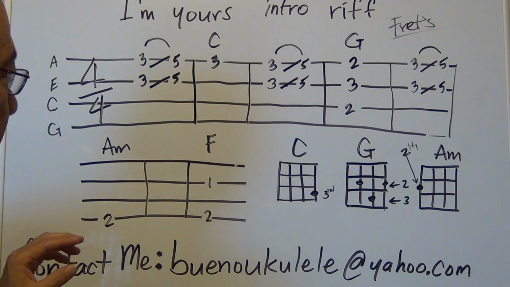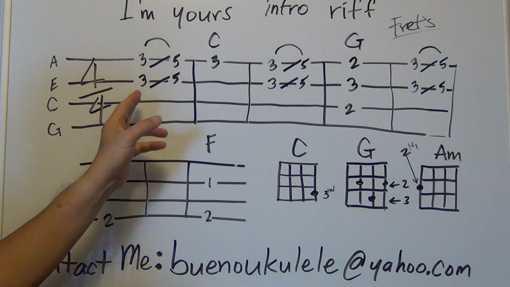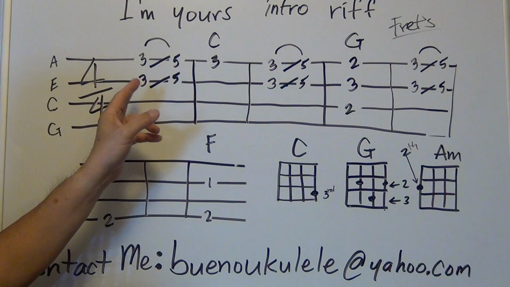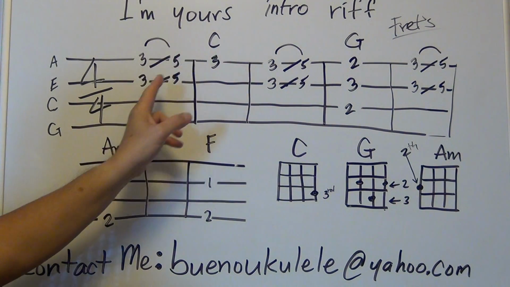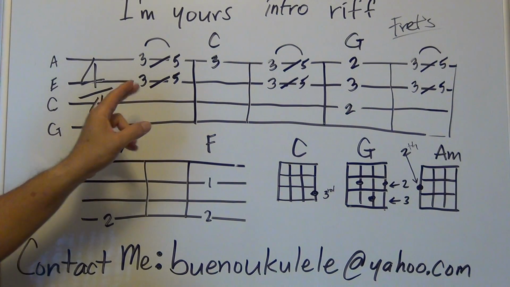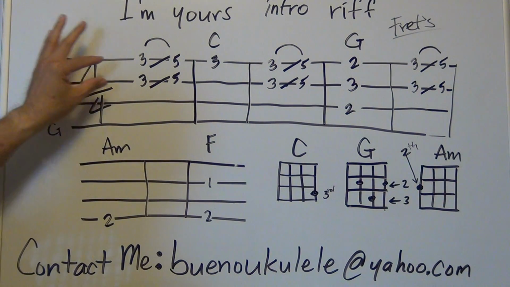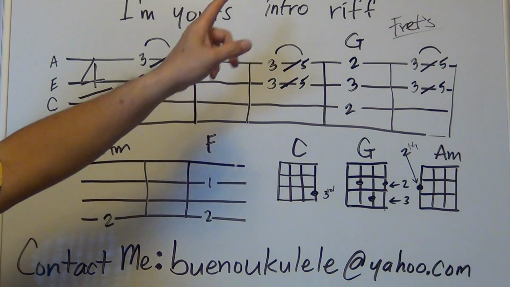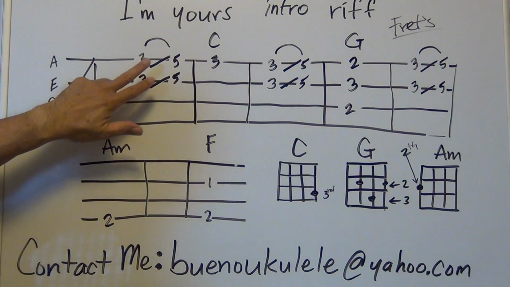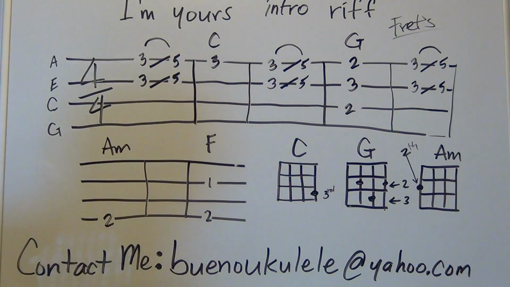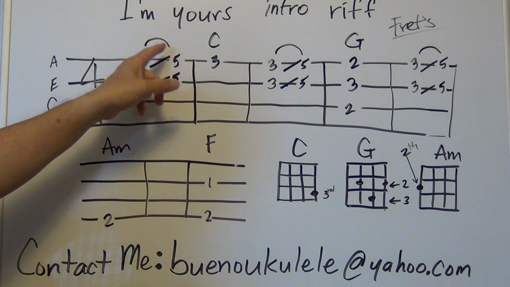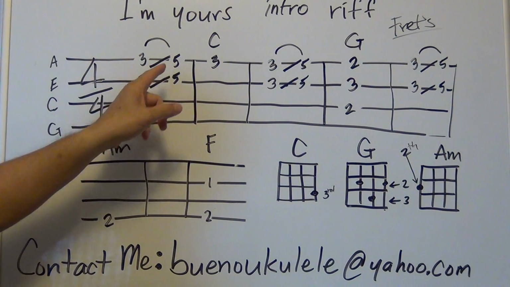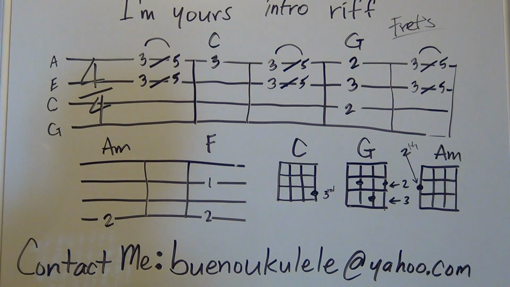Next, this is depicting the embellishment or the lick or riff that's going on in the intro for the song I'm Yours. It's using 2 strings here, and you're sliding from the 3rd fret up to the 5th fret. You notice that these 2 lines are going upwards, indicating that you're sliding upwards on the fret. This kind of half circle thing here over the 3 and the 5 is representing that the sound of